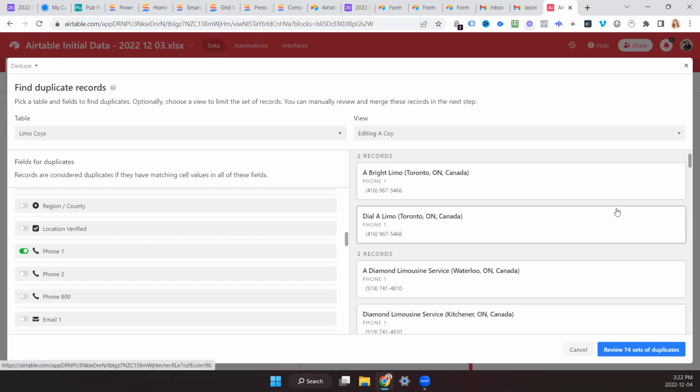Yes. And I guess the conundrum is if you merge these fields, what's the name you go with? And it doesn't even matter because it's the same guy on the other end. I can work with figuring that out. He might have called this company Bright Limo 10 years ago, changed it to Dial a Limo. Because I actually know the guy who owns that one, Costa. Okay. All right. That is an awesome tool.